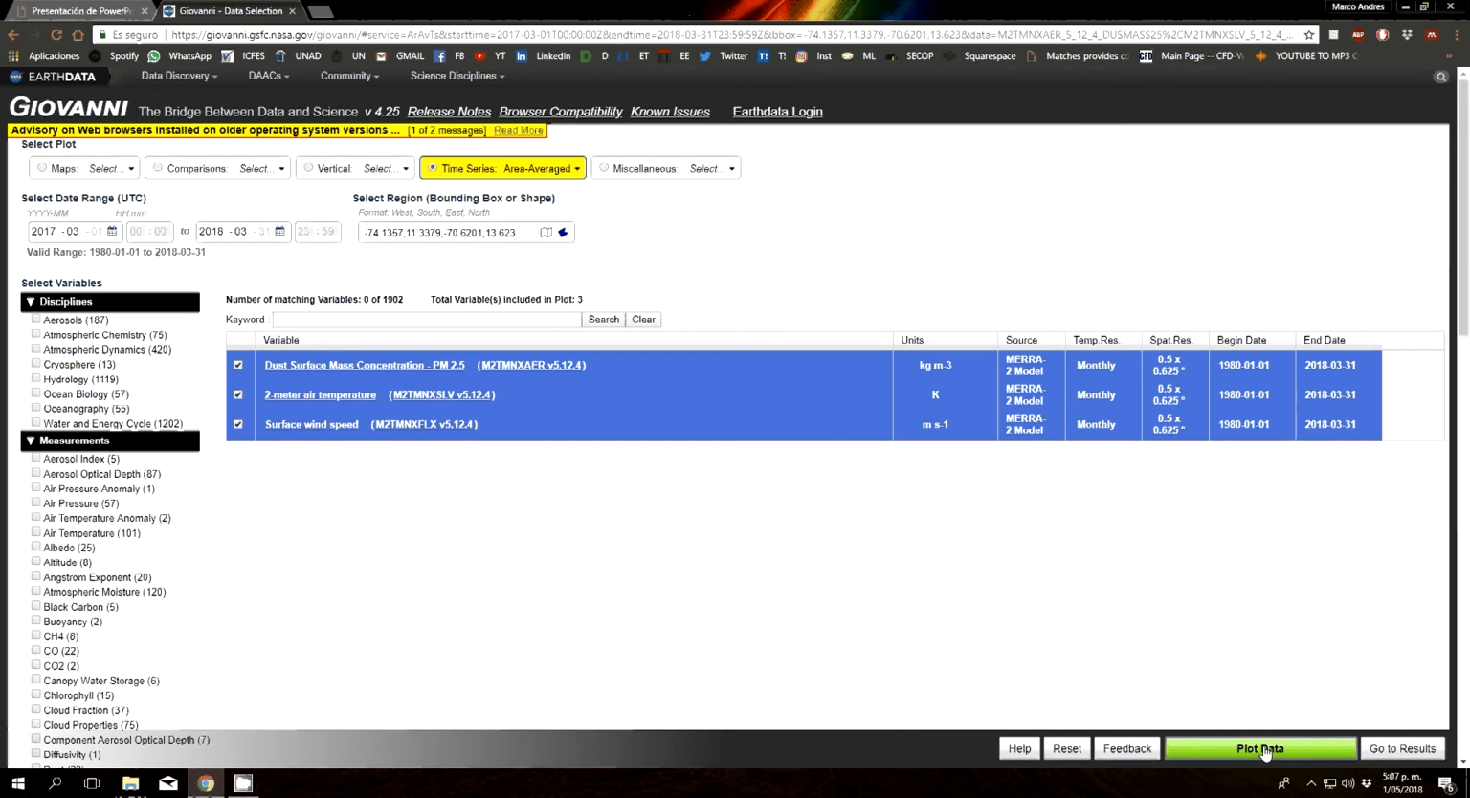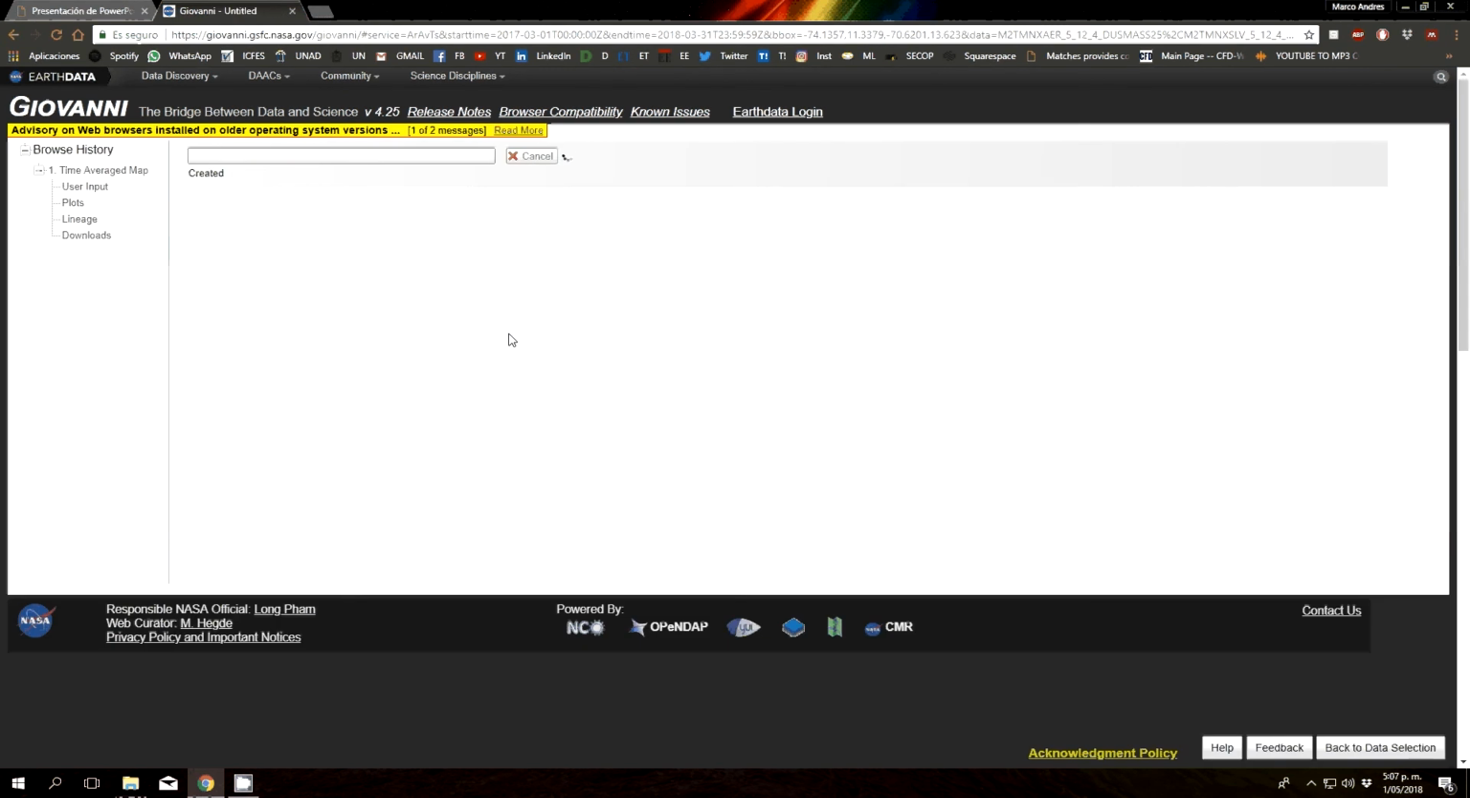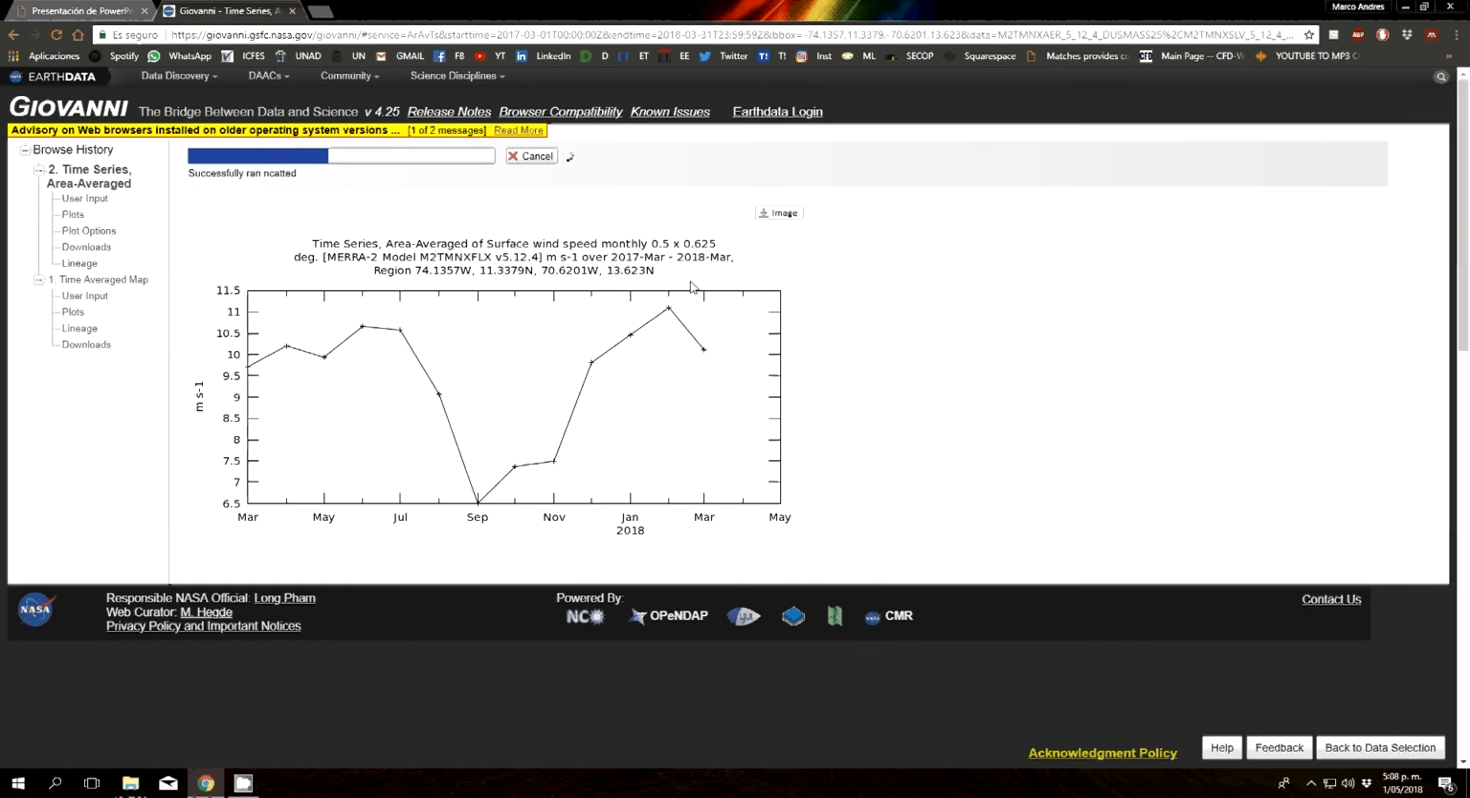The coordinates will be updated here in this menu, and we will maintain these three variables selected, and we click on plot data. Once we do this, we again have to wait a bit for the data to load in our computer, and you'll see the time series of each variable along the year, month by month, with the variable averaged by the area we chose in the map. It's important to see this. This will take a bit,